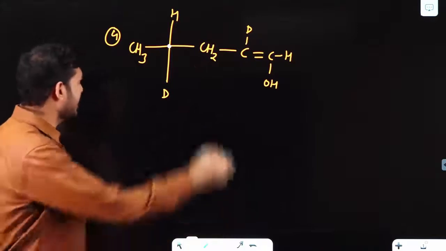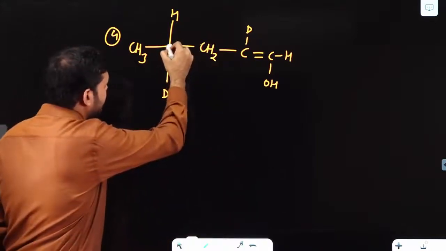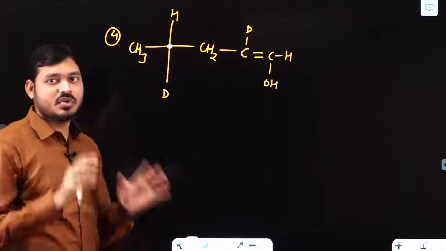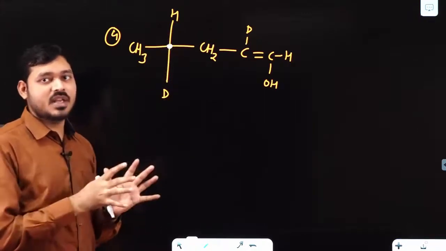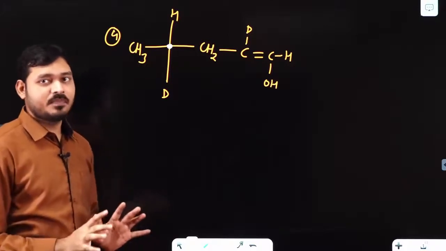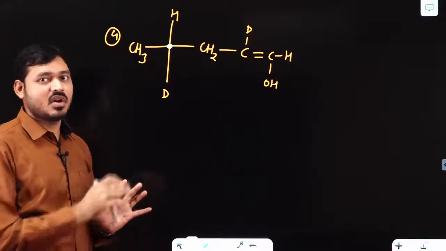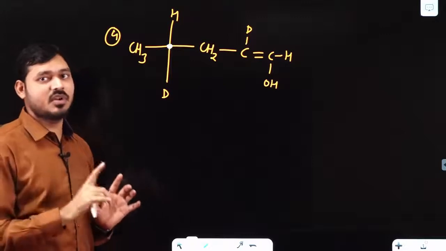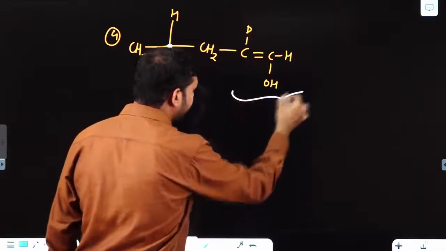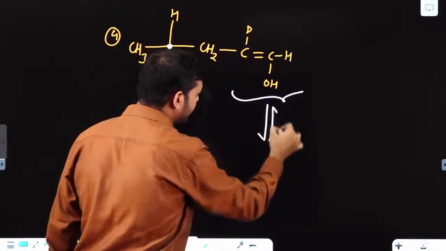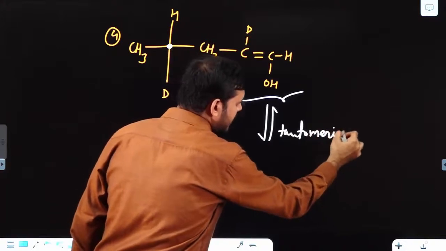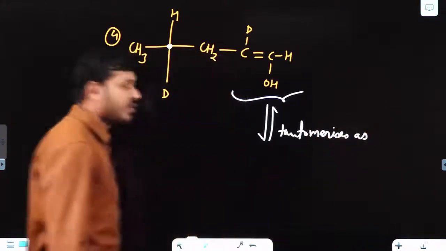In this reaction, whatever may be the configuration of this part, it will remain as it is. So do not disturb that part of the reactant which is not involved in the reaction. Clear to you all? Until mentioned otherwise, always follow the mechanism. Clear? Now if I check this part, it tautomerizes, and now we have two possibilities.